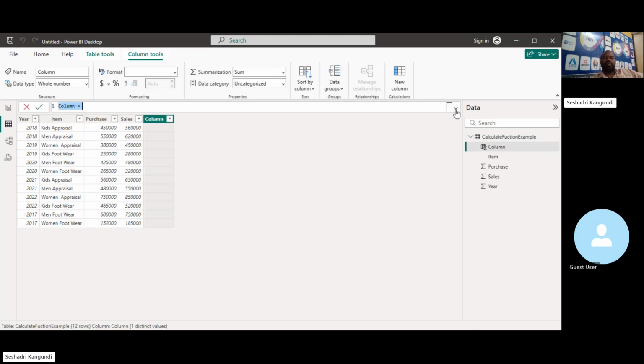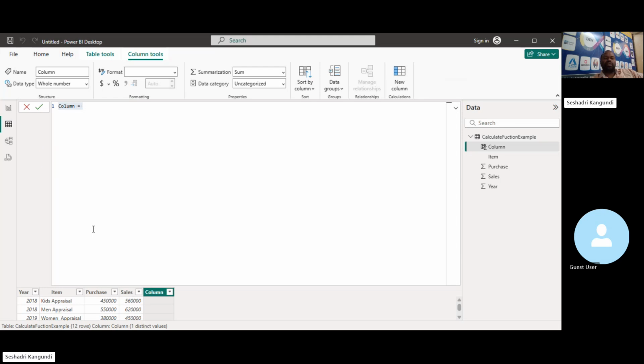See, the DAX area will open. This is called the DAX area, my dear friend. Look at it. Okay, so we want a new column now. The new column I want to rename as profit. Give it as profit. Now the operation must be done between sales and purchase, right? Both sales and purchase are part of this particular worksheet. The worksheet name is calculator function example, right? So give first